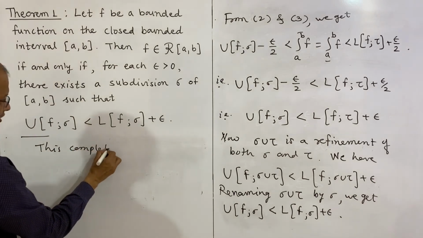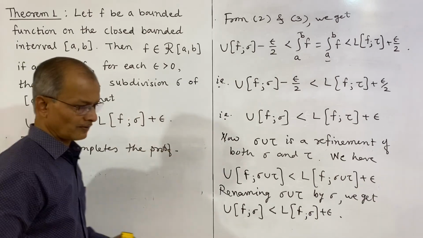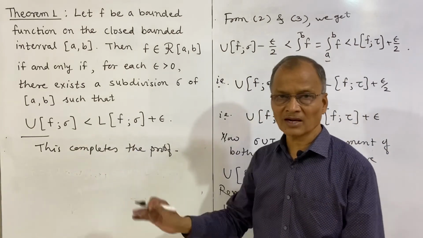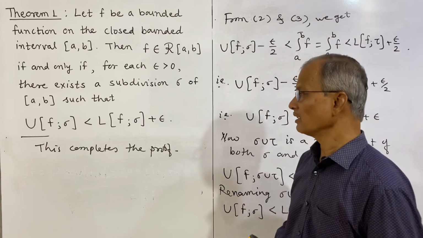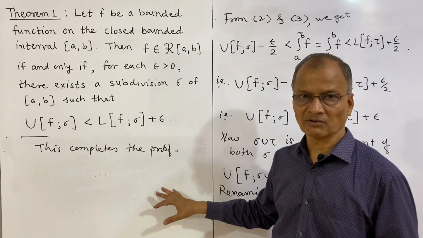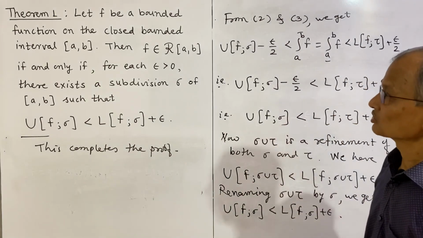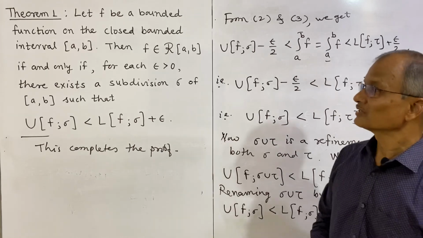So thus we have proved the theorem on existence of the Riemann integral in terms of the relation between upper sum and lower sum. They are converging to each other, that means they are nearly equal, or almost equal when the number of intervals is infinite. So then the function becomes Riemann integrable. So this is about the theorem.